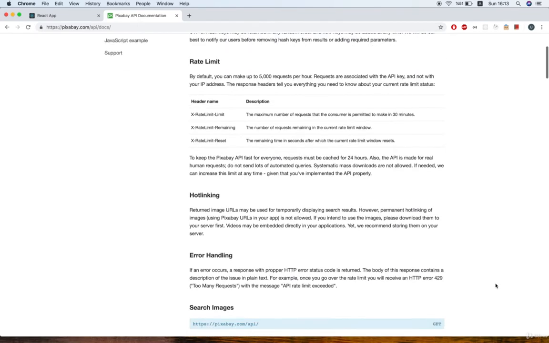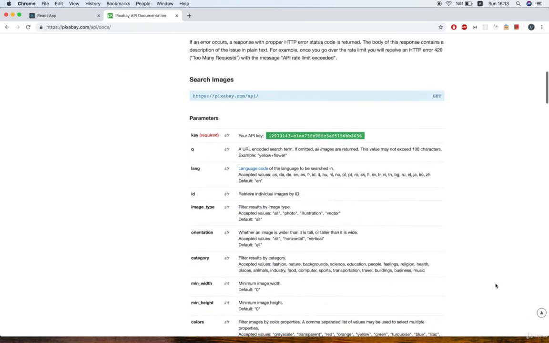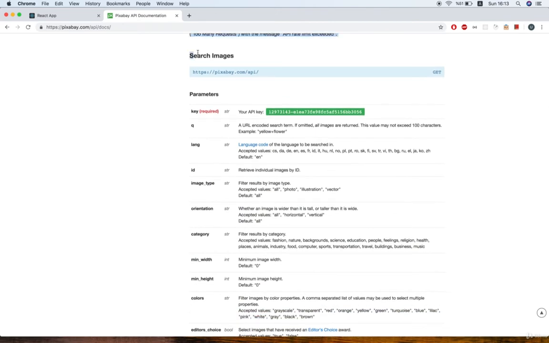So scroll down a little bit more, and right here under the search image section, we can see the Pixabay URL and then the parameters underneath of it. So we're going to use some of them to fetch data from Pixabay. For instance, we're going to use this API key, and it's required. So this is the personal API key provided by Pixabay, and we have to use it inside of our code. Just underneath of it, we can see this Q parameter, and this is going to help us to search